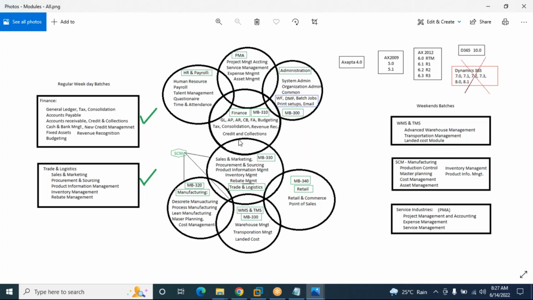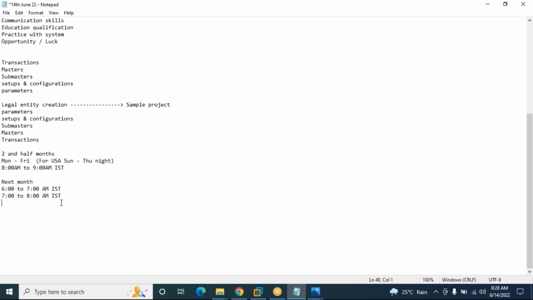Satya, I wanted to know about the project management and accounting part. You said you'll not be covering that, right? At this point, no. So where can we learn this? Is there any other resource from where we can learn it? Actually, I can teach it, but I don't have time. I understand, but can you recommend any other resource? I'm not able to find one. Regarding project management and accounting,